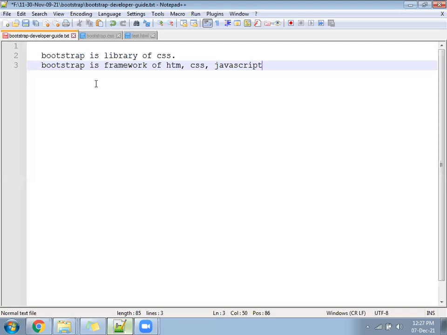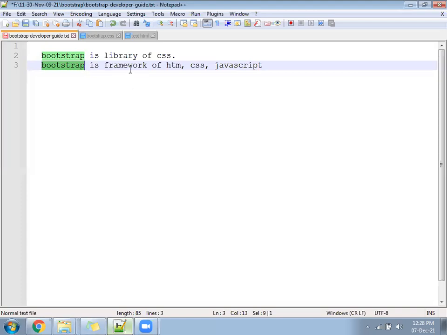Using JavaScript code, you can do everything. But if anyone asks what is Angular, Angular is not a library of JavaScript, it's a framework of JavaScript. So I have written a line: Bootstrap is a library of CSS, and this line is 100% true. Another line says that when you use Bootstrap somewhere, only Bootstrap will not help you.